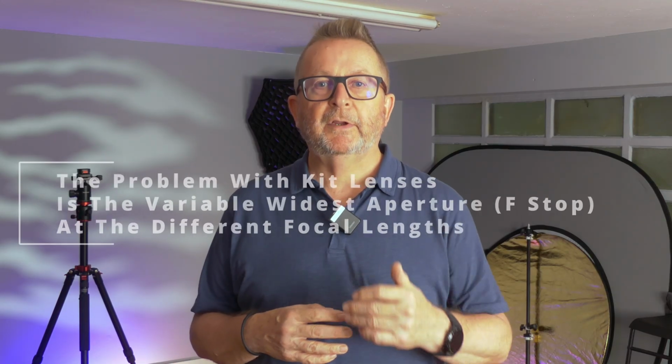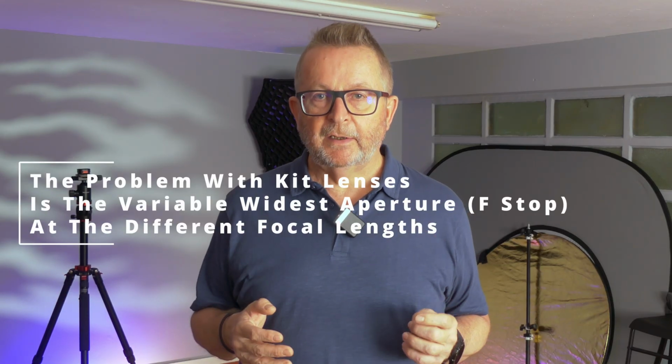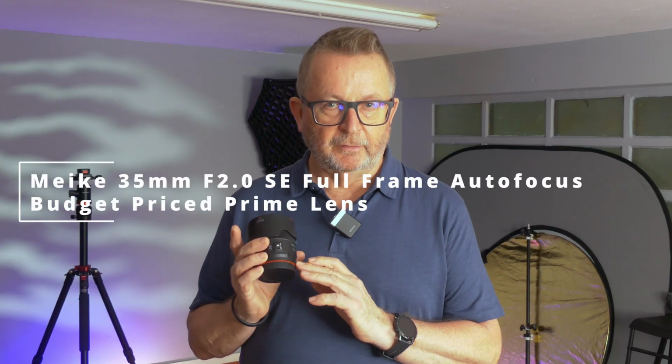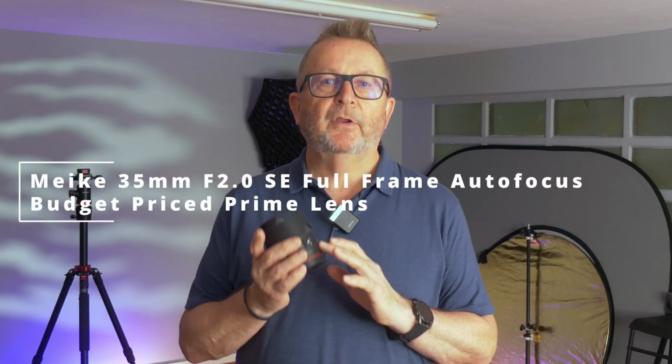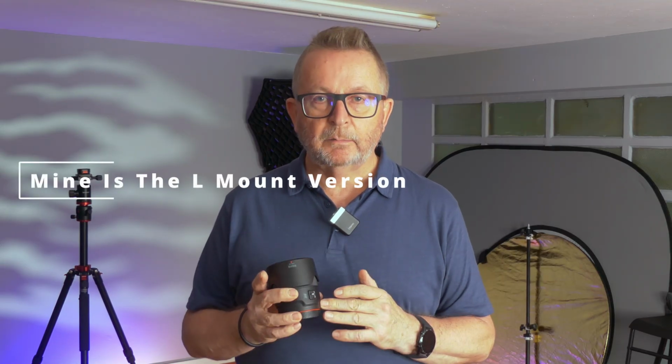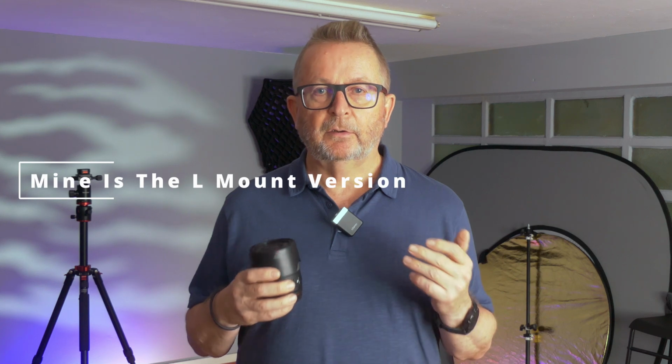The only caveat which I can find with these kit lenses is that if I want to set my focal length to 35mm, the widest aperture I can get is f4.0. So I decided to look around to see if I could find a 35mm full frame autofocus prime lens with a wider aperture. And I came across the Meike 35mm F2.0, which is designed for full frame cameras and has autofocus and, as I said before, an aperture of f2.0, which is pretty close to my Panasonic Lumix S series, which are f1.8. I was lucky enough to find a version for the L mount, which is the mount system used on the Panasonic Lumix S5, and I found an offer for less than